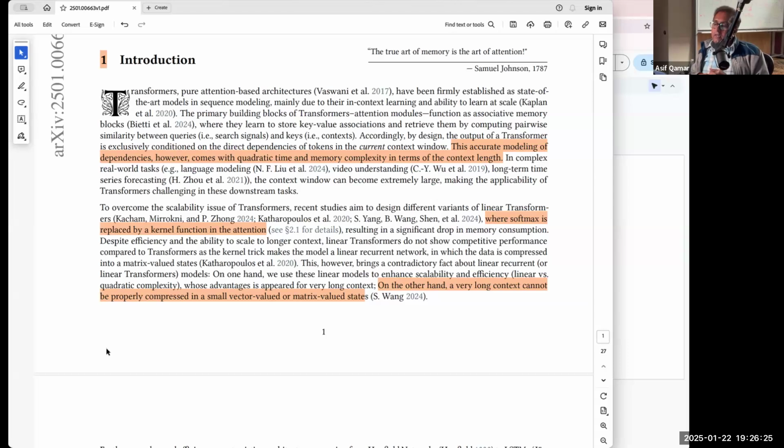So we should have the capability to abstract the information coming constantly to the system. That's one of the important capabilities, right? And the other one is there should be a mechanism to forget things that are not important anymore. So these three things: the limited or fixed memory, right? And then the ability to summarize and abstract, and then the ability to forget things. All three are very key features of the long-term memory.